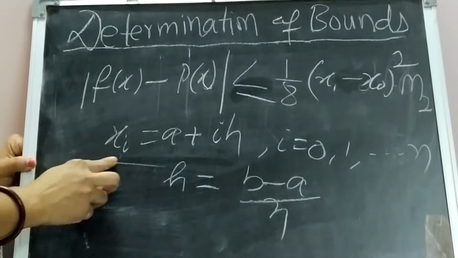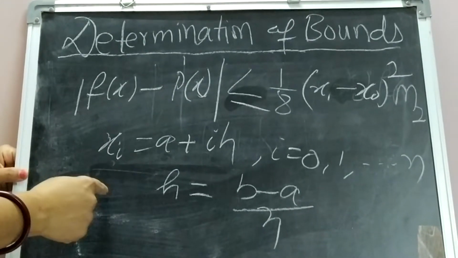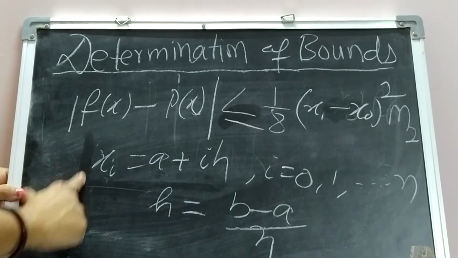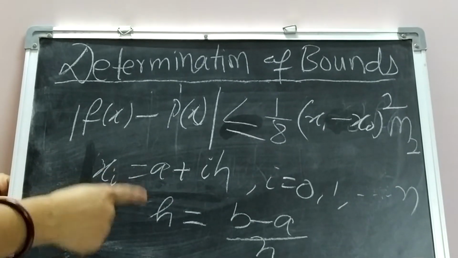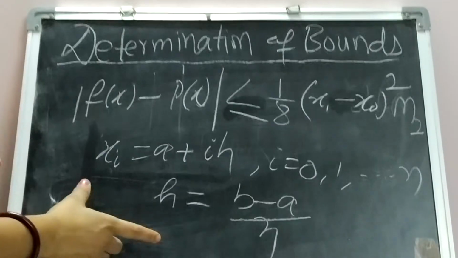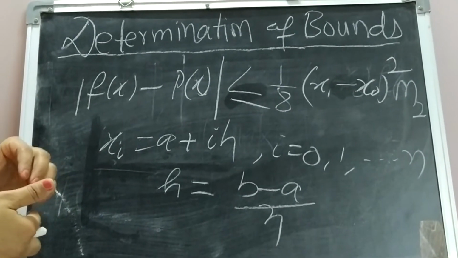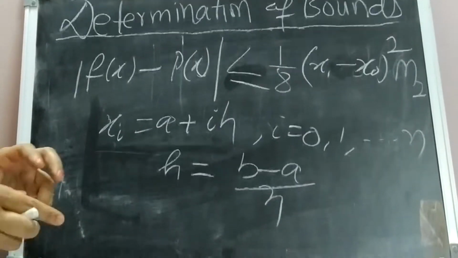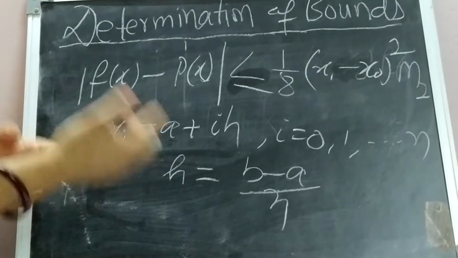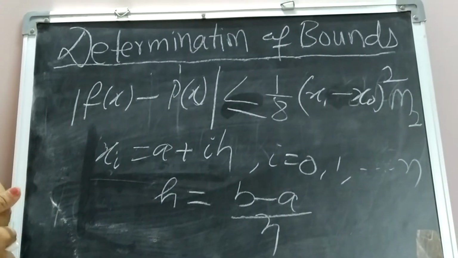But in this case we will not get unequally spaced points. If you are using this kind of thing, then this will generate equally spaced data points. So this might be helpful in advance. If you know the amount of error you can tolerate, then you can fix it from here, and then identify the h beforehand, before doing the experiment, so that the interpolating nodes can be computed likewise.